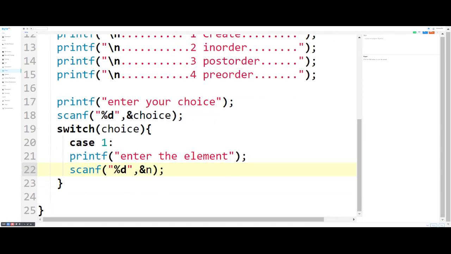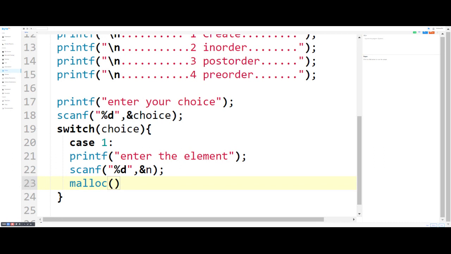Now after this we got the element, now next process is we have to create a dynamic memory block. So how can we create a dynamic memory block? Using the malloc function. So we have to write here malloc.